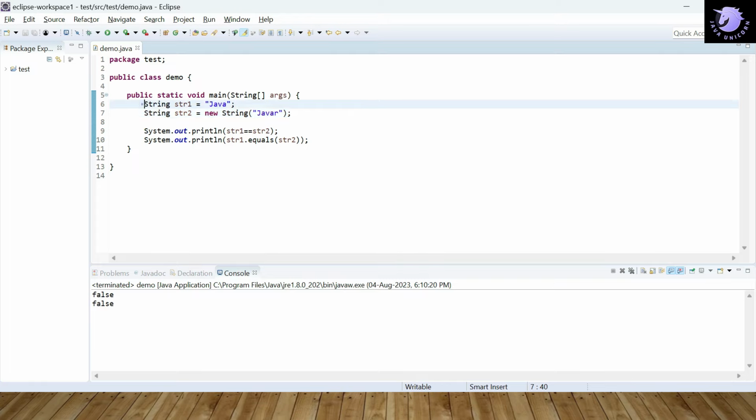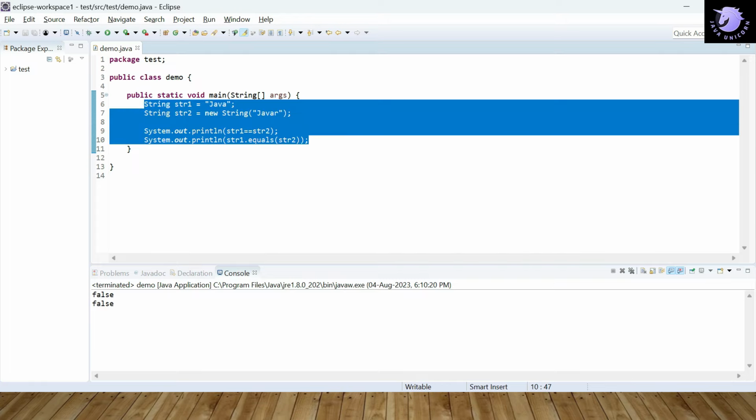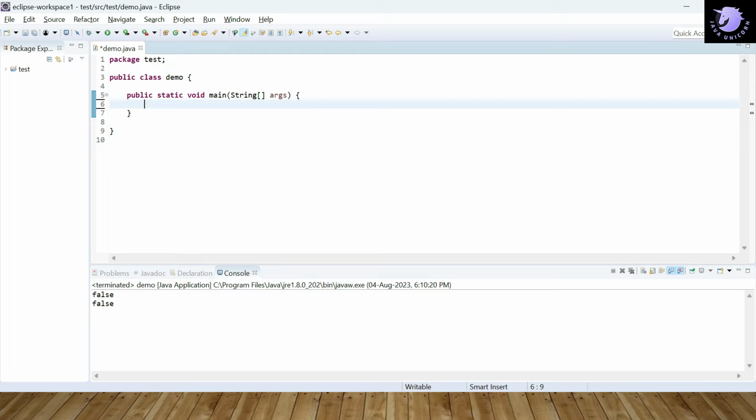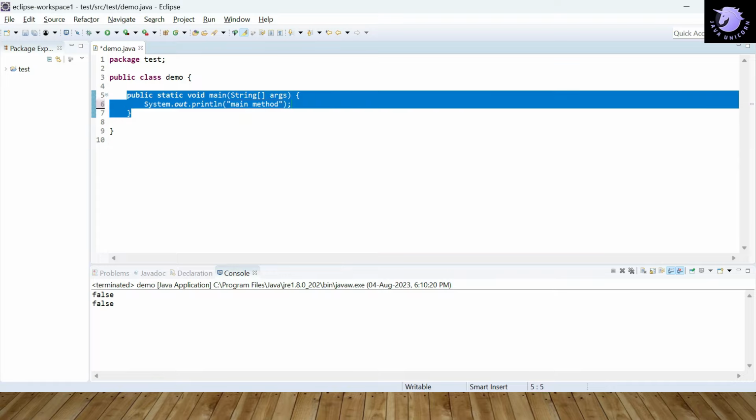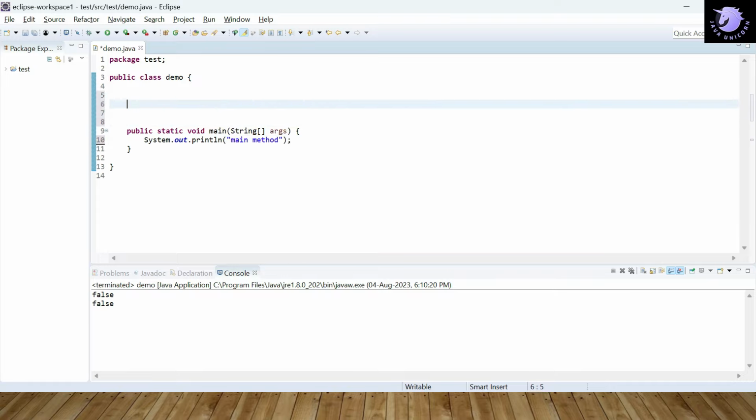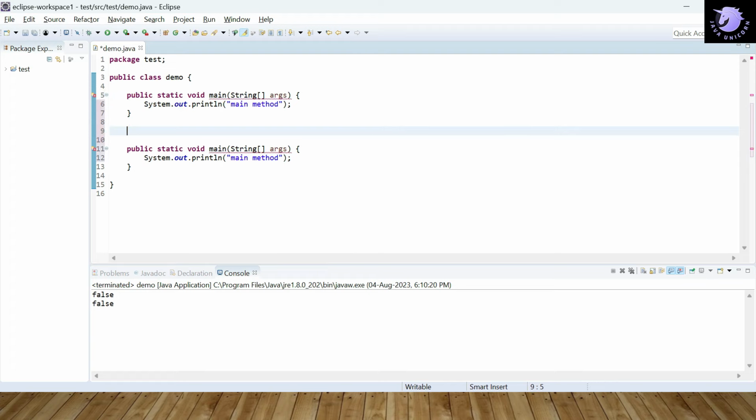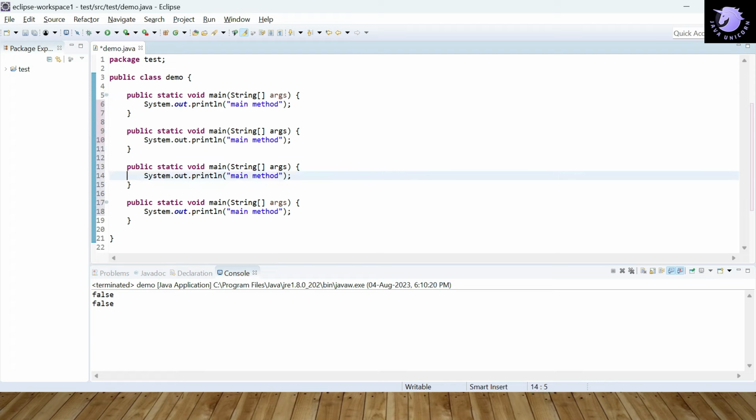Let me remove this code as we had previously. Let's write a sysout here, and we will say main method. Let's copy this method three times. For all of those three we will change the arguments and also the sysout.